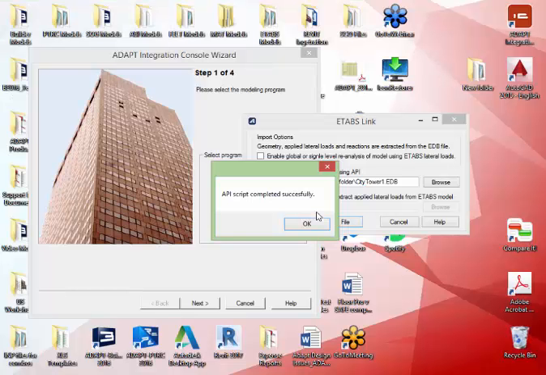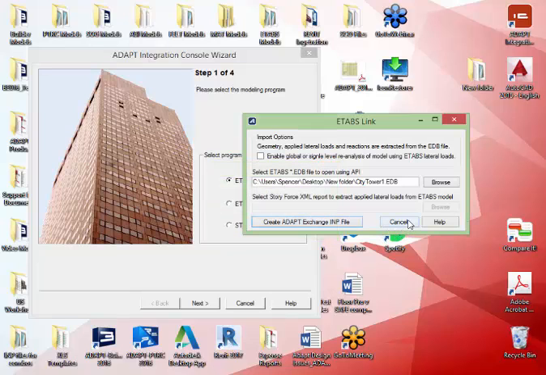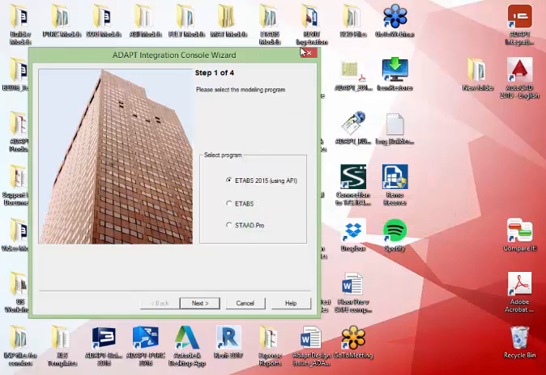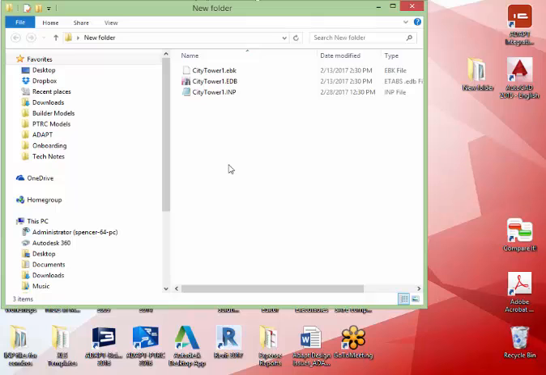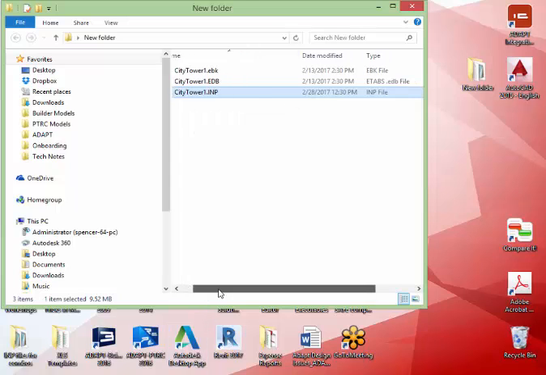Depending on how large the model is, this may take up to several minutes to complete. But we can see that we have a successful message that appears. We'll select OK. And we'll just go ahead and close the link. We're now going to navigate to the folder where the Etabs file was stored, and we can see now that we have an IMP file that is an Adapt Exchange file that's written